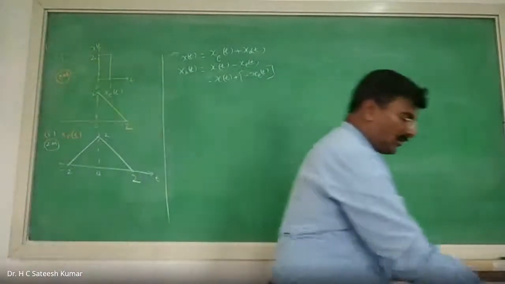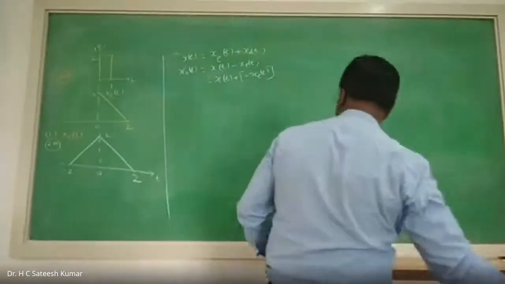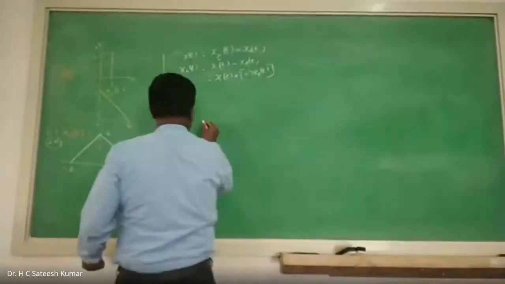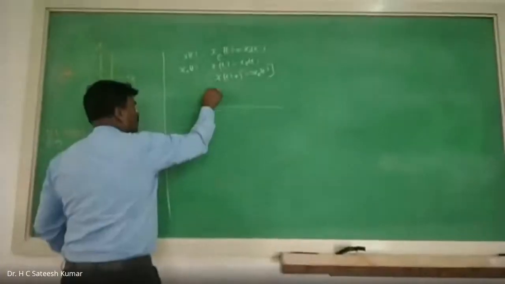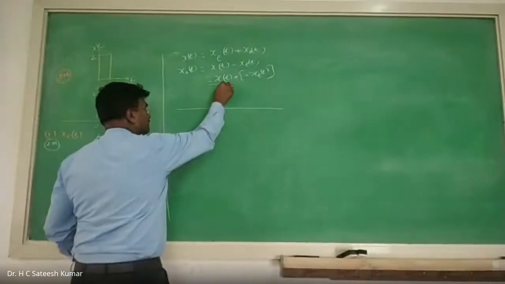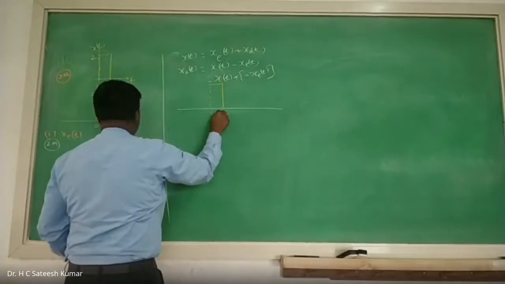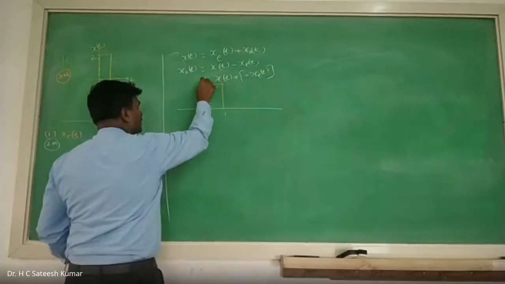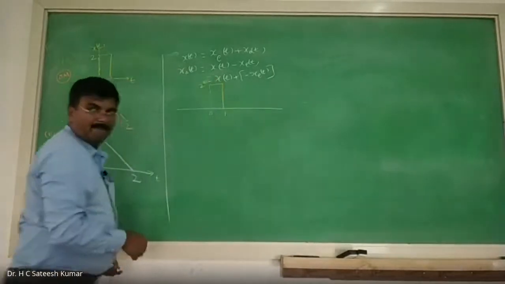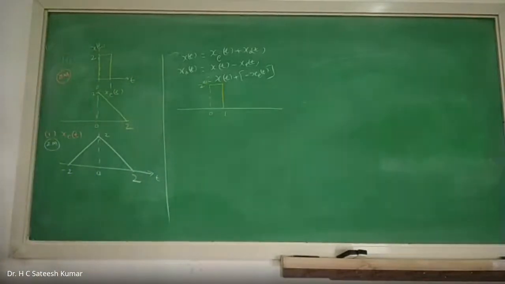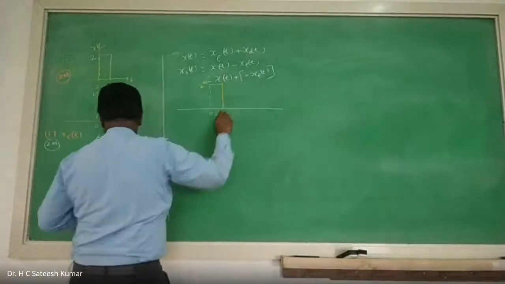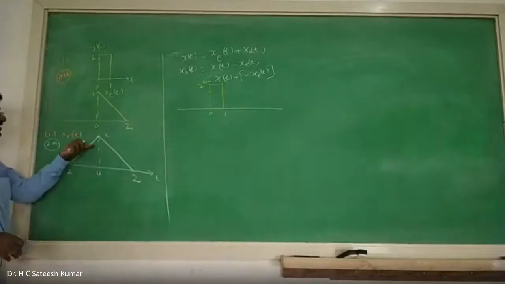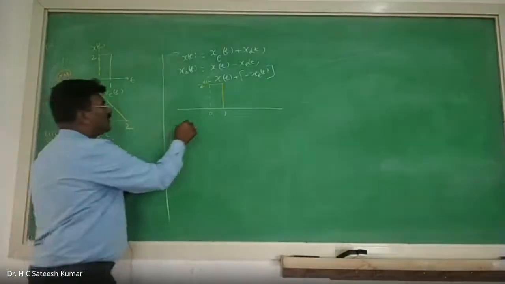Now, observe carefully. Now, I'll take x of t, the known part only. The known part is this. 0, 1, its value is 2, x of t. Is it okay? X of t. And xe of t, complete, I know. I'll write it. But minus xe of t I want. This is x of t, xe of t. Minus xe of t means fold vertically. So therefore, what are you going to get?